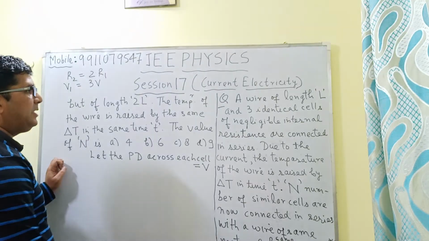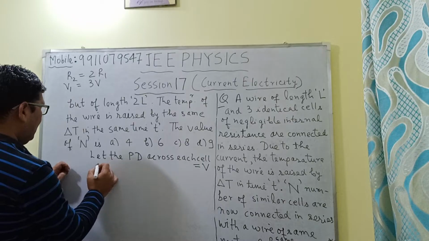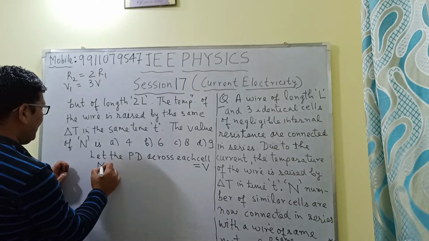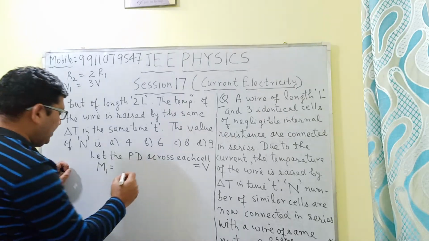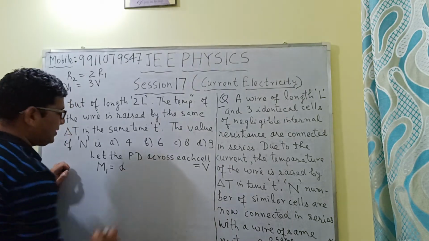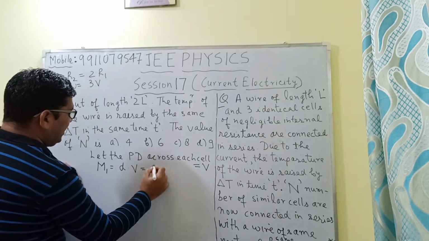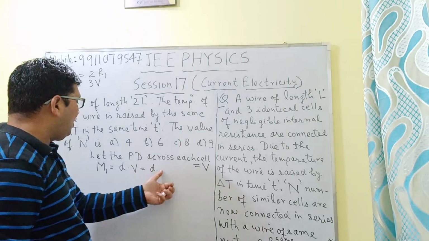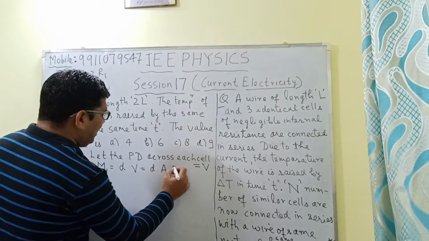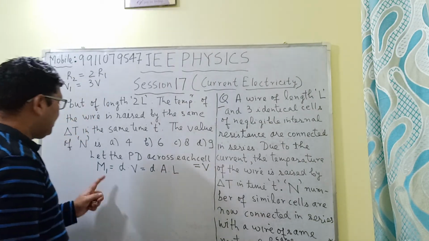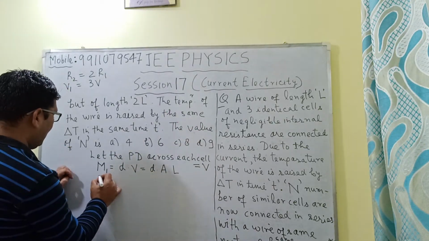Let us calculate the mass of the wire in the first case and in the second case. Let the mass of the wire in the first case be m1. Mass is equal to density into volume. Let the density of the wire be D. Volume is the area of cross section into the length of the wire. The area of cross section we have taken as A, and the length of the wire is L. So the mass of the wire in the first case is m1,